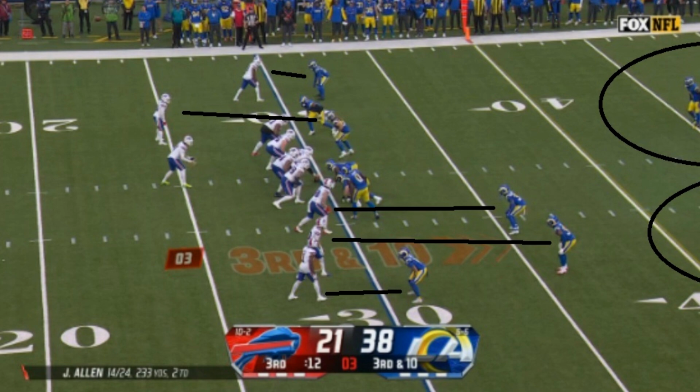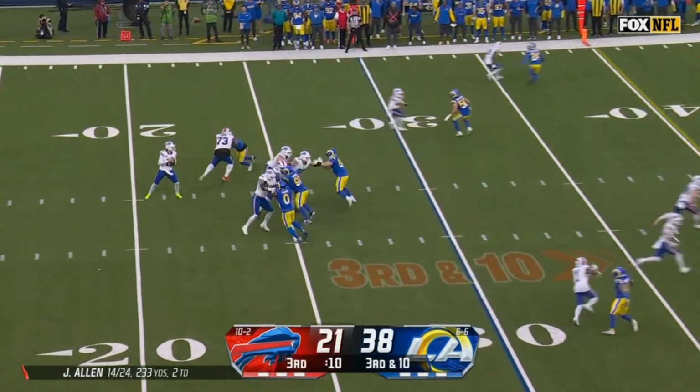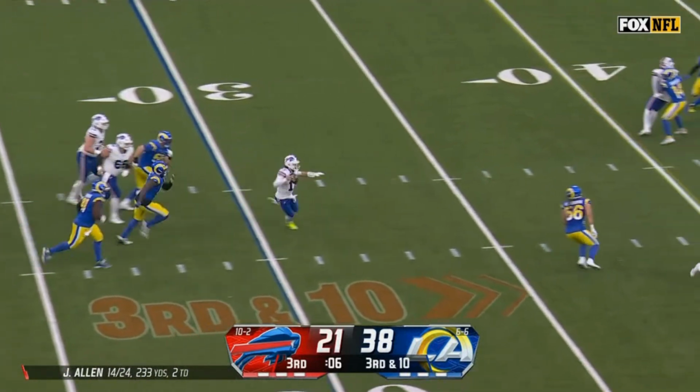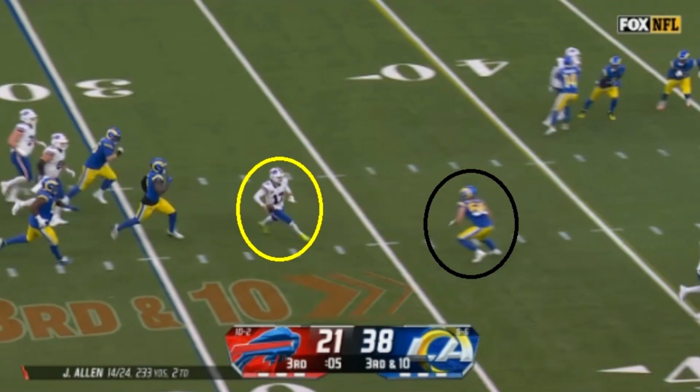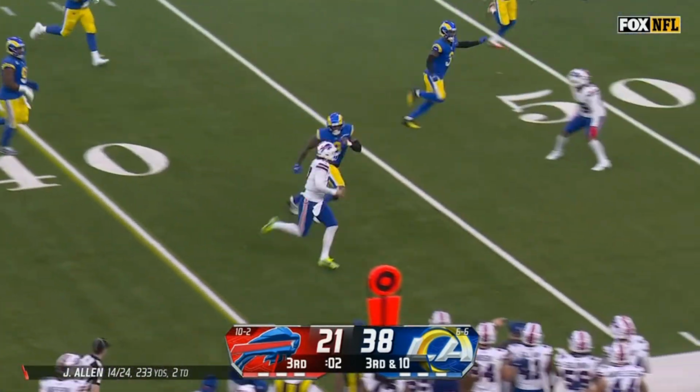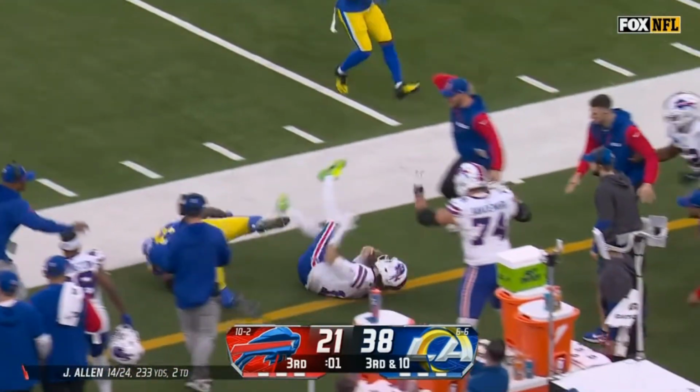But Allen is a threat in more ways than just his passing. Watch as Allen takes the snap, looks up, doesn't love what he sees, but is going to get through the pocket, essentially. A Rams player who was in coverage here now just reads that Allen is trying to rush for the 1st down, but again, he's just a difficult guy to tackle. Watch him get around the linebacker. He's going to pick up the 1st down on that play and even get some extra yards and